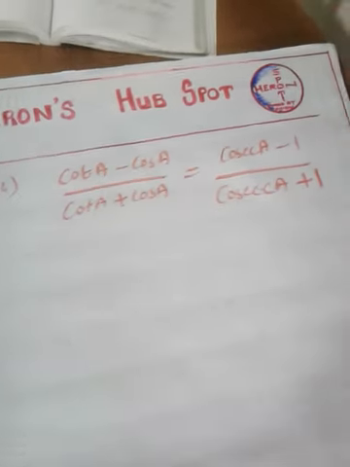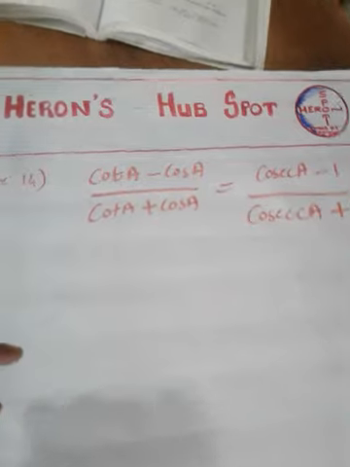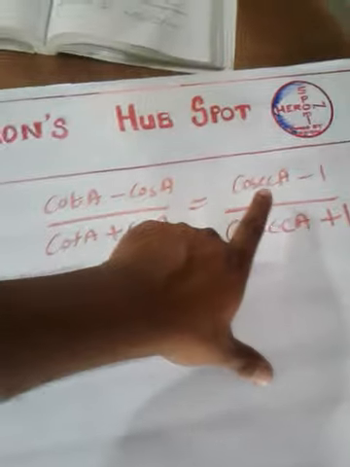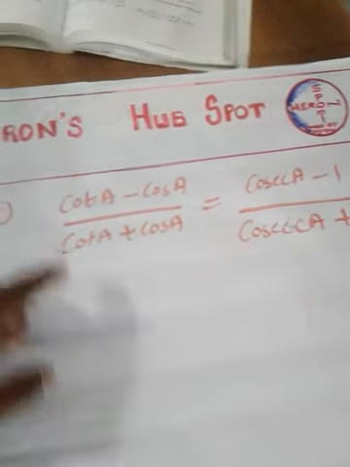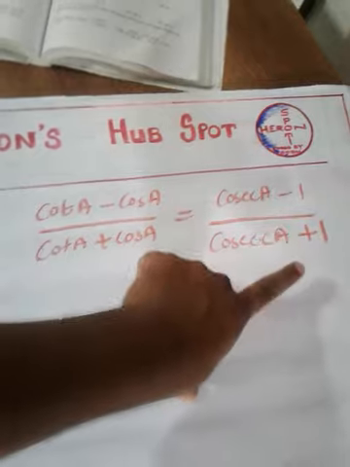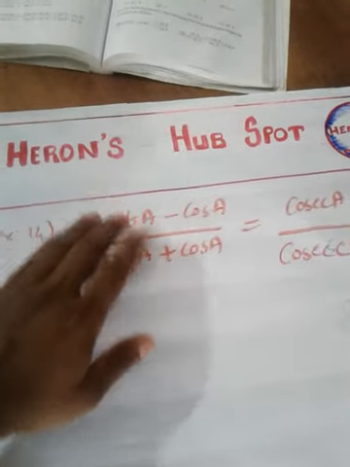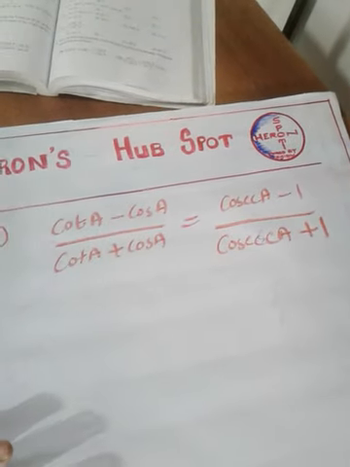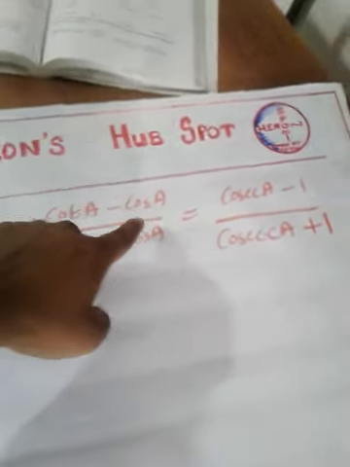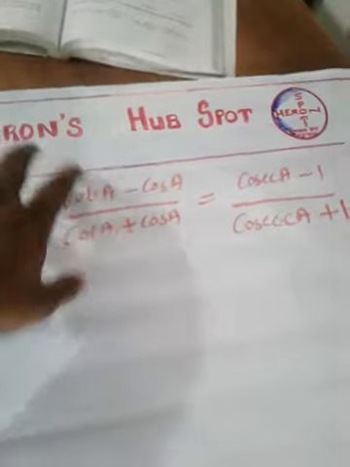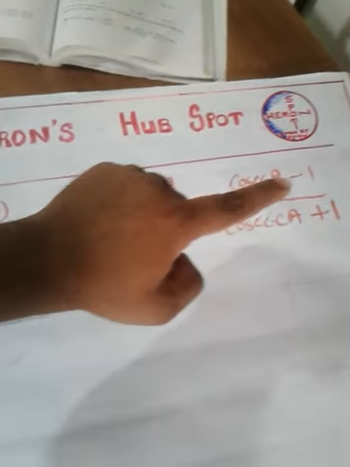Here also let me start from the LHS, and I have to make some arrangements because, you see, the LHS consists of cot and cos, but the RHS consists of cosec only. That means we have to make some simplification in the LHS and make it in terms of cosec. Then only we can go to the right side, isn't it? Because the LHS contains cot and cos, and the RHS is in terms of cosec. In order to prove that LHS is equal to RHS, we have to make some process here in the LHS and bring in the presence of cosec.